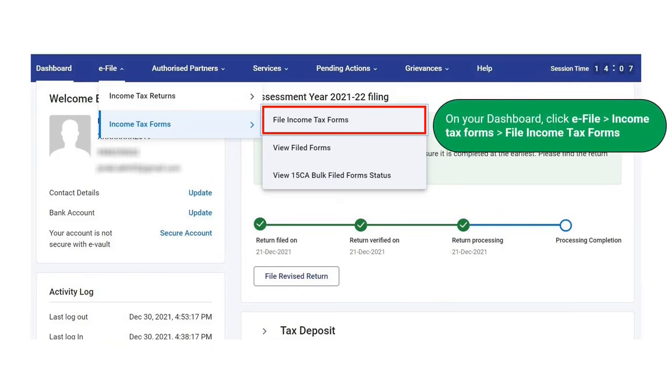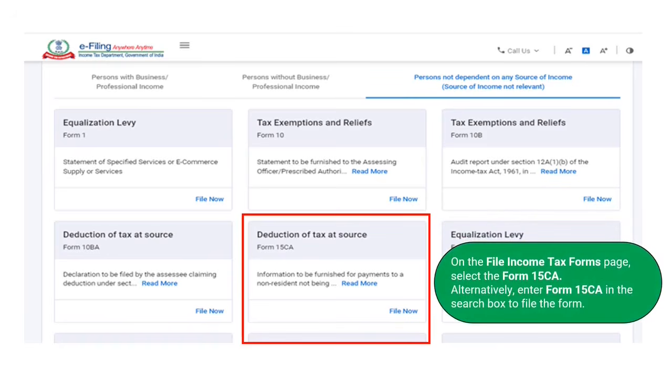On the dashboard, the taxpayer is required to click on e-file and go to Income Tax Forms and then click File Income Tax Forms. On the File Income Tax Forms page, the taxpayer is required to select Form 15CA. Alternatively, the taxpayer can enter Form 15CA in the search box to file the form.